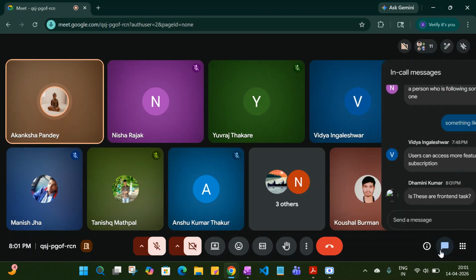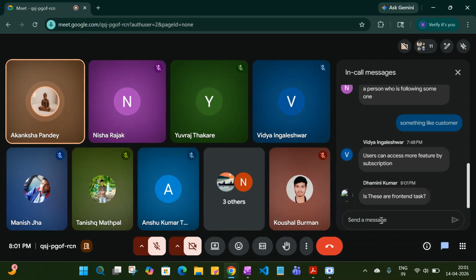Damini, for the front-end task, we need to start next month. First we need to cover the backend code only. So we are using Postman to send the API request, right? But if within your team you are a member who has to work with the front end only,